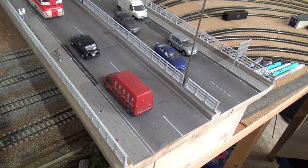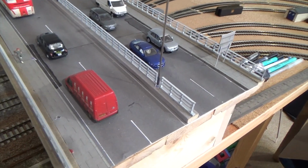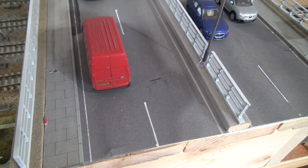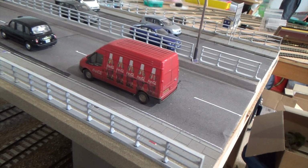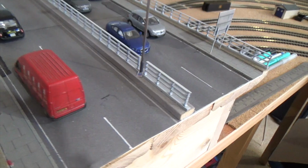There's a number of items from Scale Model Scenery that I've also used on the road. The pavements are their MDF pavement, which are really easy to cut to size and to paint up. The railings are also from Scale Model Scenery. I've put those on the side and down the central